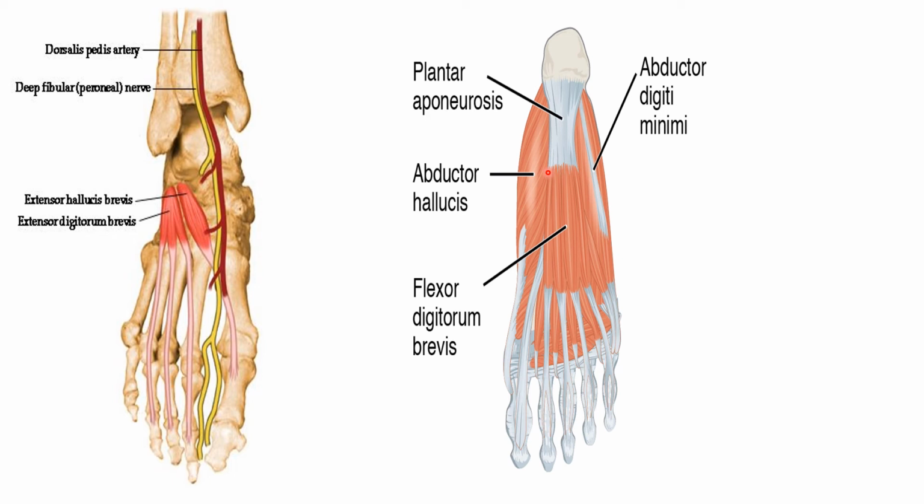Then abductor hallucis. Abductor hallucis arises from the calcaneal tuberosity of the calcaneum. Then we have abductor digiti minimi. It arises from both the lateral and medial processes of the calcaneum. So insertion also, you can see that the gastrocnemius, plantaris and soleus get inserted to the middle part of the posterior surface by the tendocalcaneus.